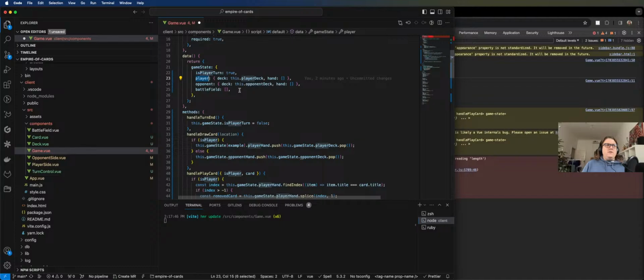So, handle draw card should say where are we drawing from. It's the location of where we're drawing from, which can mean player or opponent. That's why we've got location. But really what I want it to do is handle draw card player 1 or player 2, right? So we can do that. We can just replace player 1, player 2 with